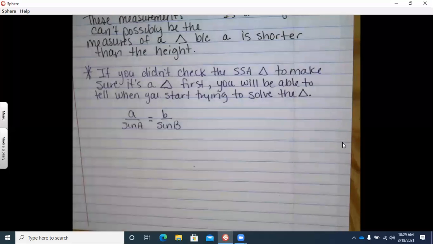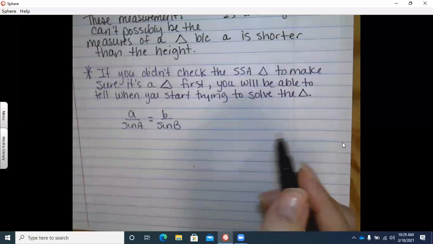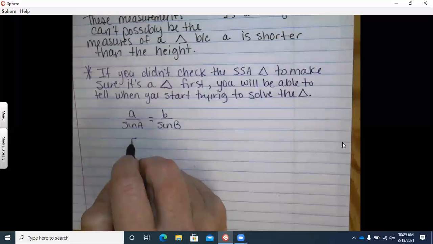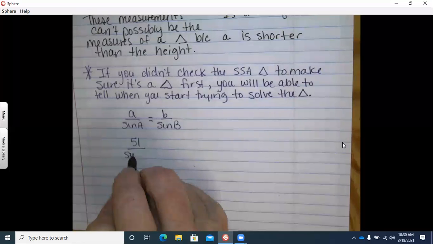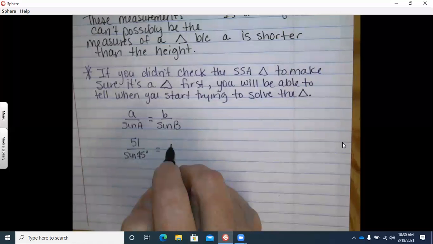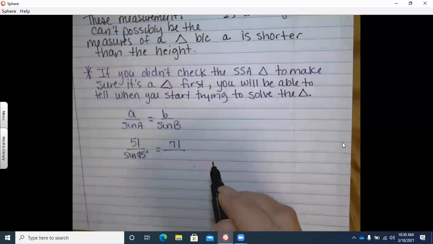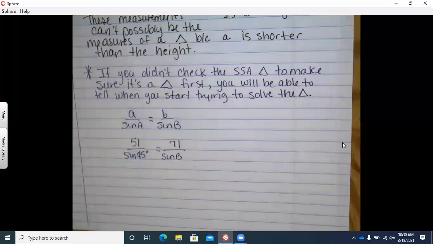So A was 51 over sine of A, which is sine of 75 degrees, equals side B was 71, and we did not know angle B, so we'll just put sine of B. Okay, so